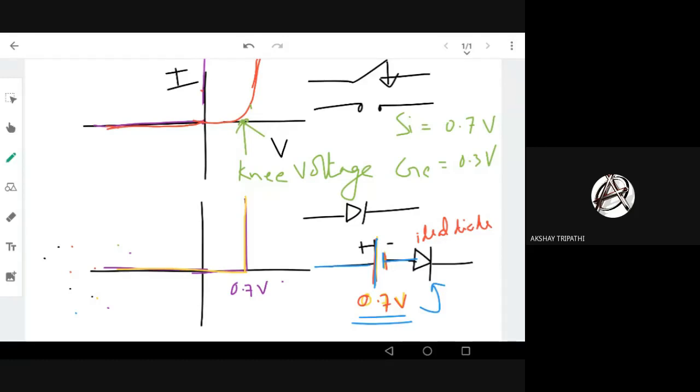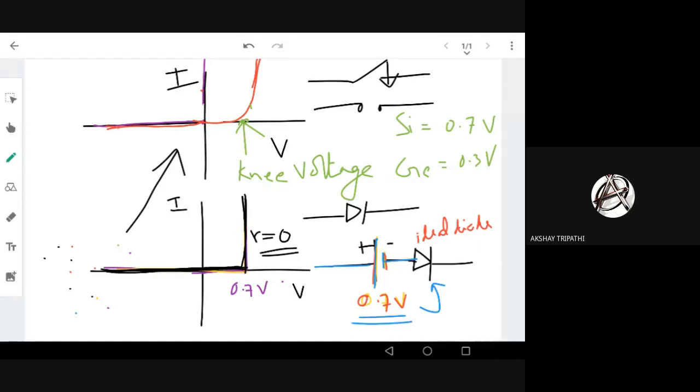This is a bit more perfect, but ideally we want to go towards the real case, where not only is there a voltage drop, here you can see the resistance. You know, resistance is always the slope. Here the slope is infinity, right? This is I, this is V. So here the slope is infinity, so the resistance is 0, right? We have seen that 1 by slope is the dynamic resistance. So slope is infinity, the resistance is 0. Here the resistance is 0. In our equivalent circuit we have just made, the resistance of the diode is considered as 0.